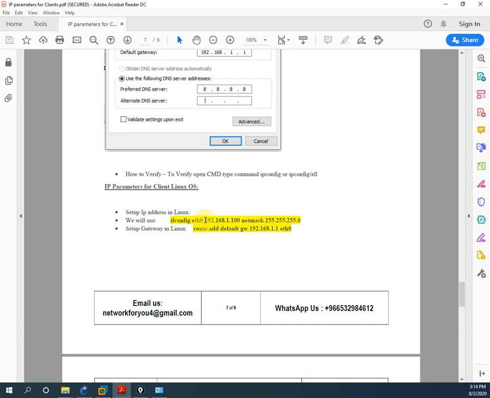So we will assign Ethernet 0 this IP address, and for the subnet mask we need to write netmask, and whatever mask you want to give, you can give. Another thing, if you want to set up the gateway also, you need to write route add default gw and whatever default gateway you want to give to that interface.